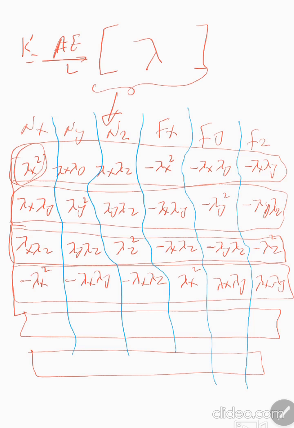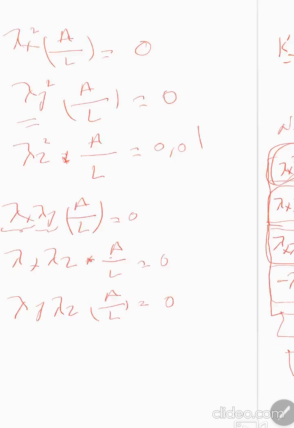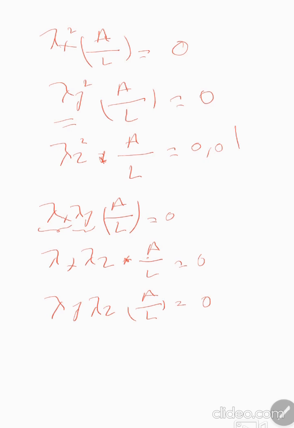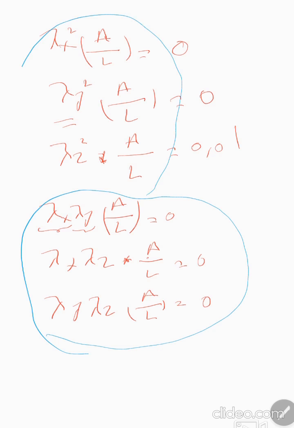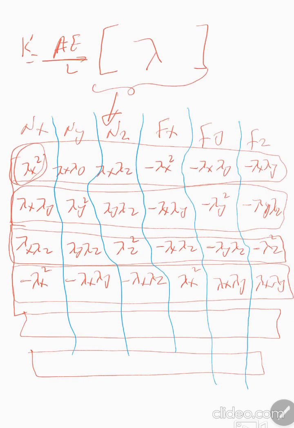But in the previous slide, when I added this step and also this one, these two parts, I put A over L inside the matrix, so that when we solve, if you like to depend on my solution,